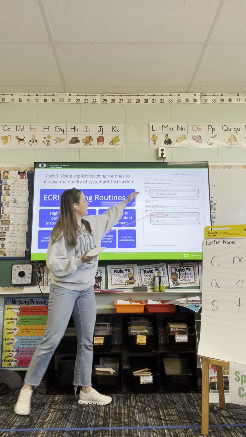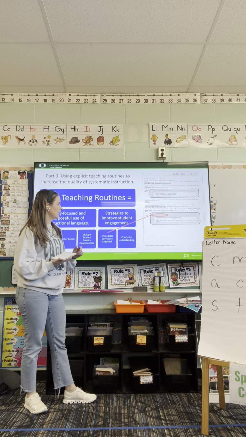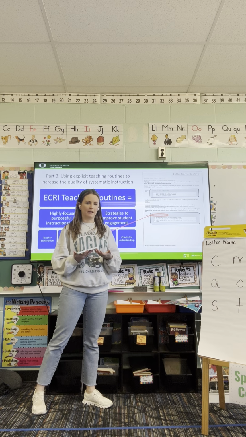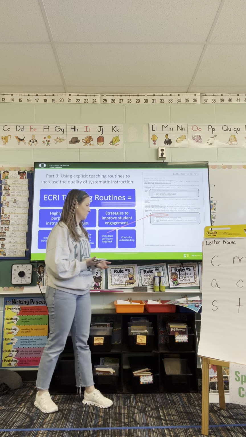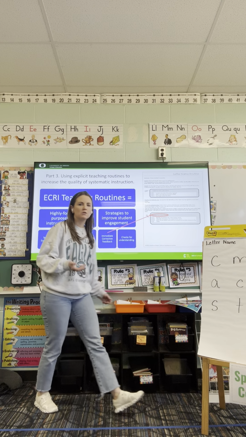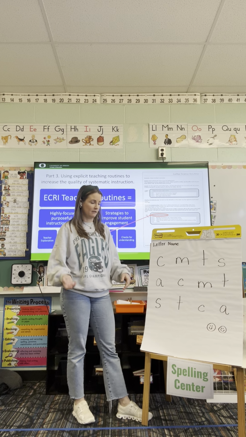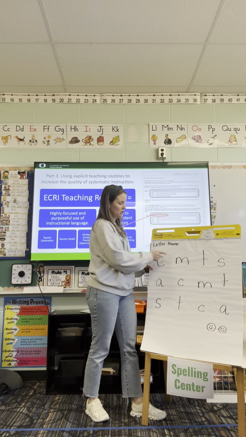So the next part of our routine that you'll see on every routine card is correcting student errors. This is a my turn, your turn, and then backing up to is the way that routine is going to go. I'll show you what that looks like. So when a student makes a mistake, we're going to correct it immediately and provide the feedback to make the correction. So you might say name,